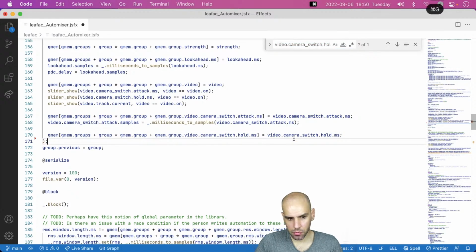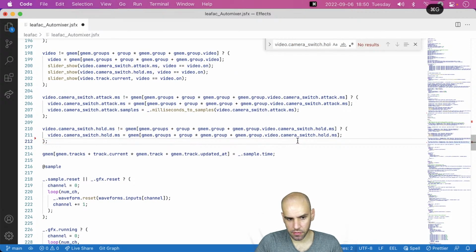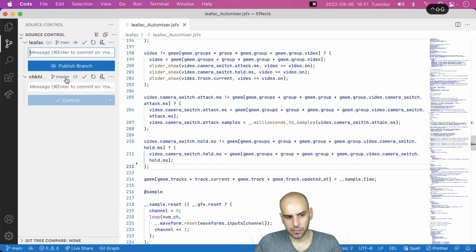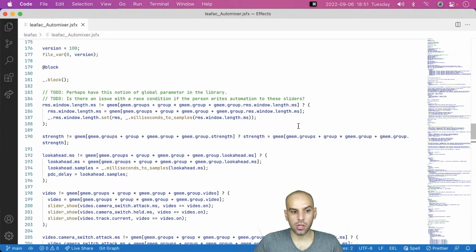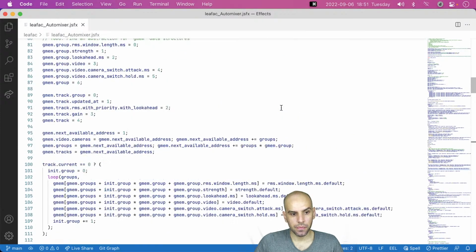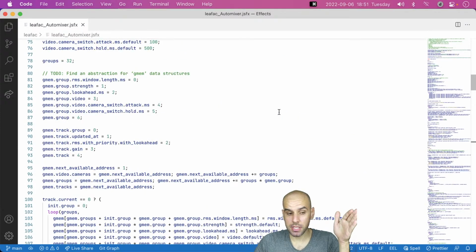So let's remove this computation. We don't need that variable. And let's go with approach 2 for now. Let's store the time in which a camera switch has occurred, and we'll see if this strategy pays off. But one thing we know for sure is that this timestamp needs to be visible by all plugin instances in the group, because they all need to respect that hold.